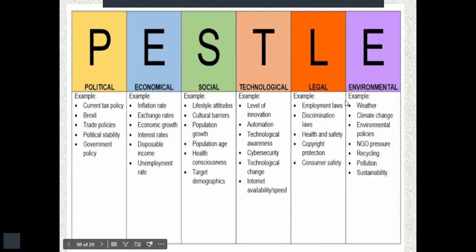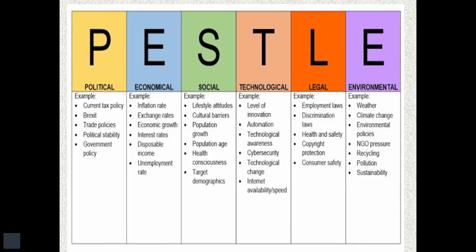There are different tools that are used for the purpose of doing the environment analysis. One of them is PESTEL. PESTEL stands for political, economical, social, technological, legal, and environmental factors. Again, this is one of the tools that help you understand and evaluate the different environmental factors that have an effect on the organization, the legal conditions, the laws that are related to your organization, the political situation,